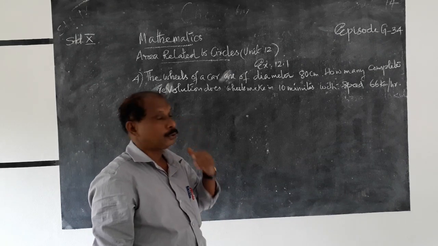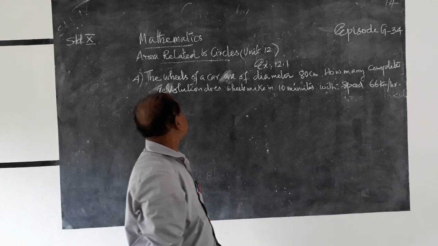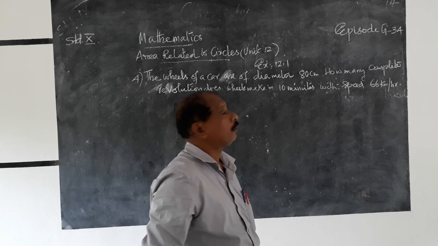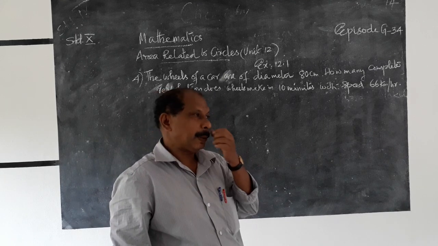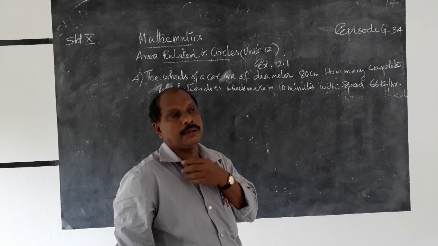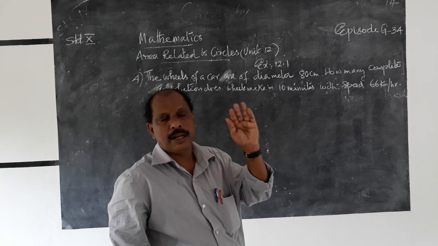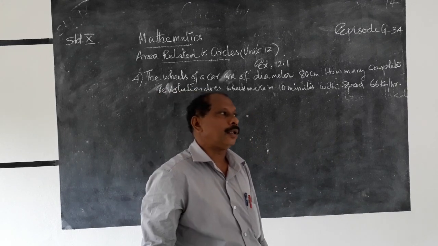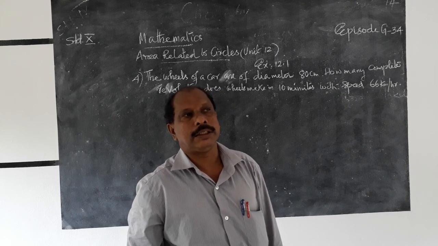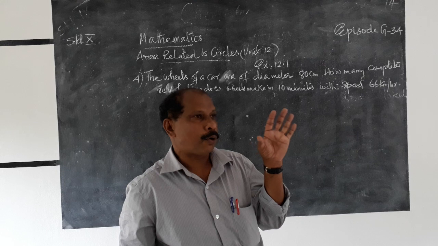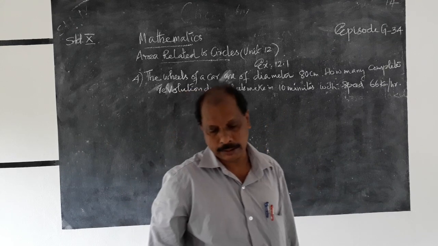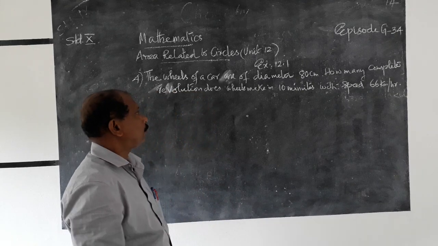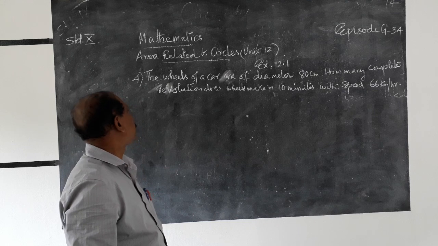In the previous episode, we discussed the chapter, unit number 12, area related to circle. There are 3 questions to be done, and there is a calculation. The last part of that question: the area of that white region is equal to the product minus the area of the previous region. We get the result. And the fourth question of exercise 12.1.